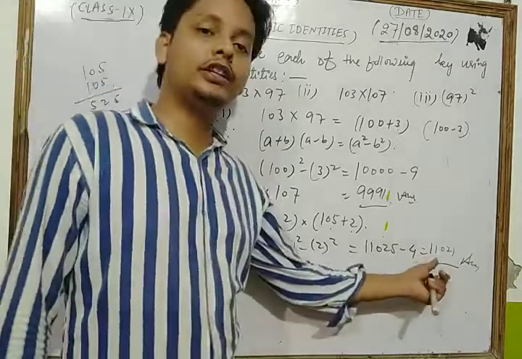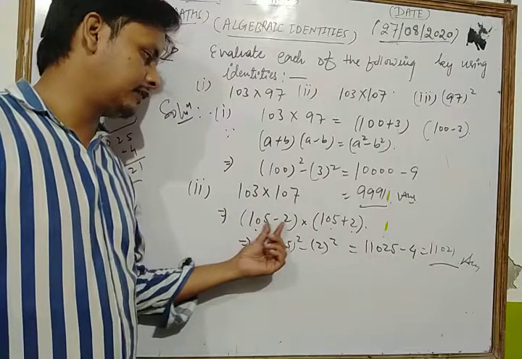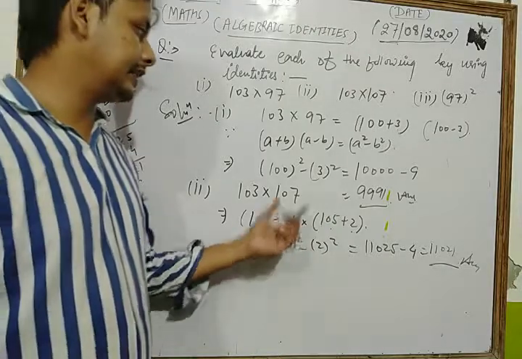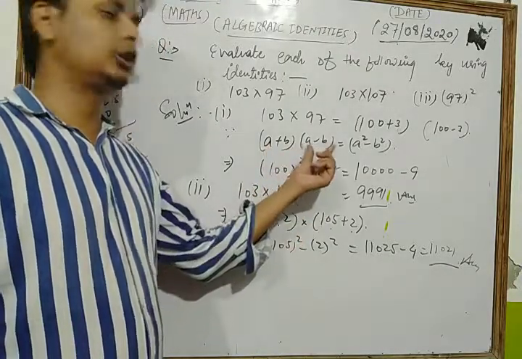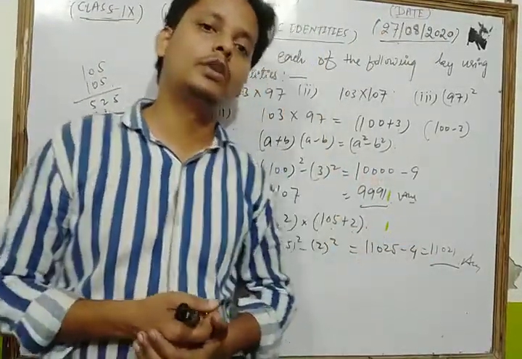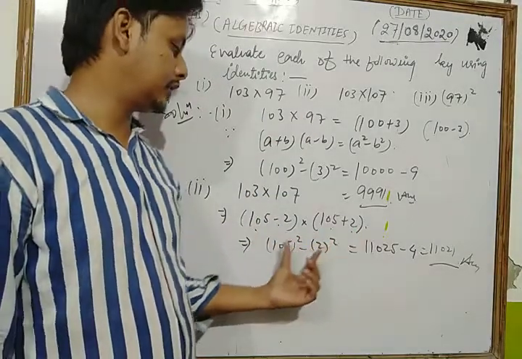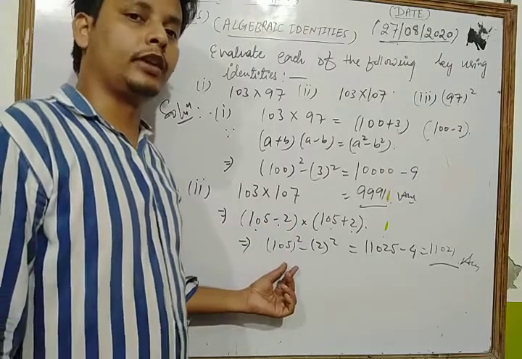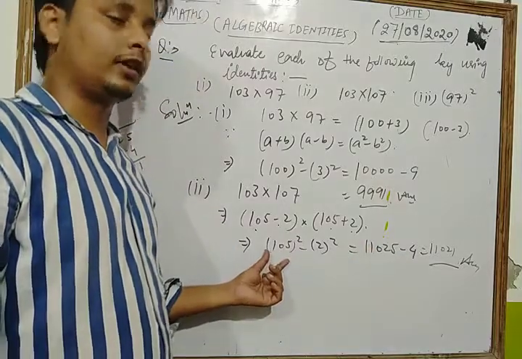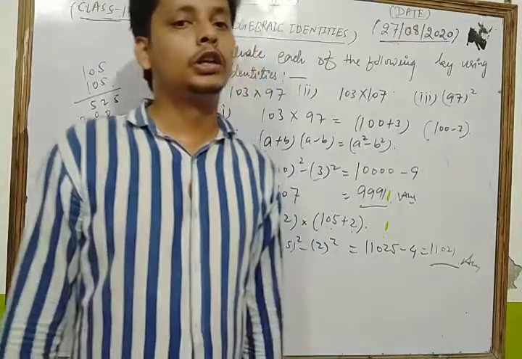Okay, right. So dear student, in this way you can solve that type of question. First we arrange the given question in this way: 105 minus 2 and 107 we can write as 105 plus 2. This question is based on the identity a plus b into a minus b, and we know very well that the identity a plus b into a minus b is a square minus b square. So we have a square, that is 105 square, minus b square as 2 square. So we get 11,025 when squaring 105, minus 2 to the power 4, and after subtracting we get our result as 11,021.